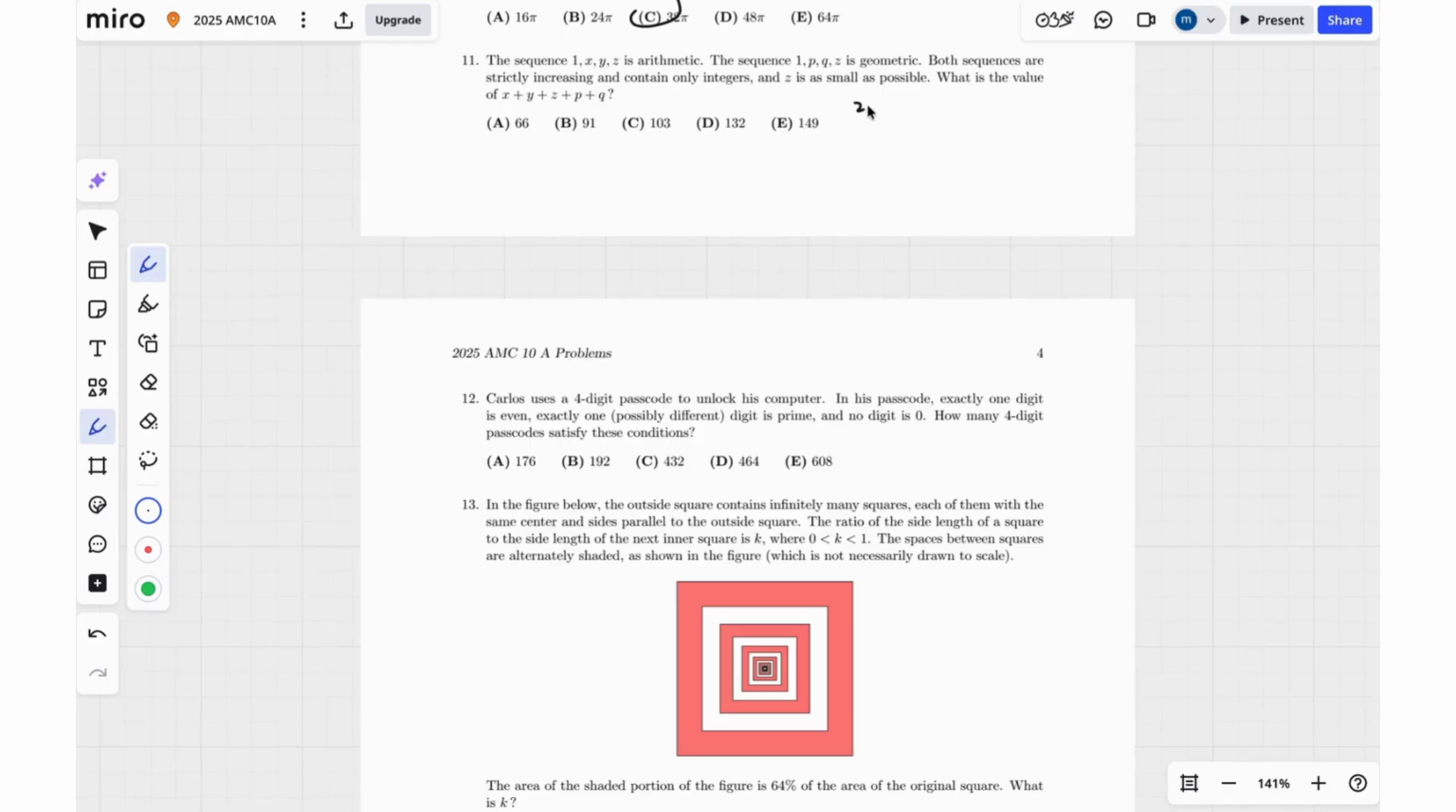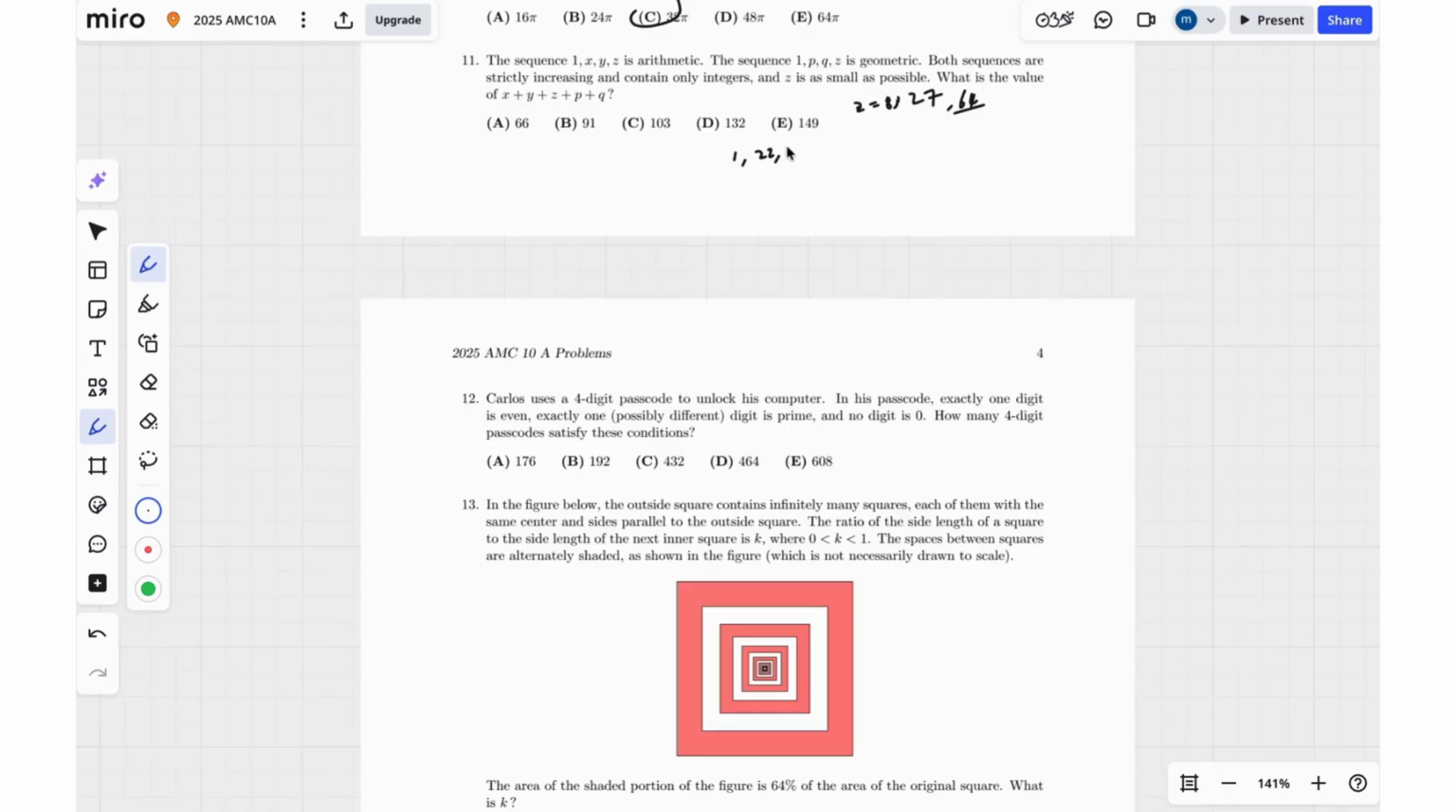So if z is equal to 8, then x and y are not integers because the difference between z and 1 has to be a multiple of 3. So next up is 27, which also doesn't work. And then after that is 64. Now we notice that 64 works, so then this sequence is